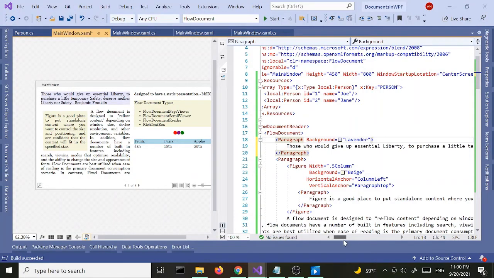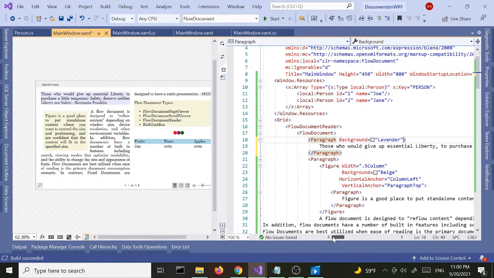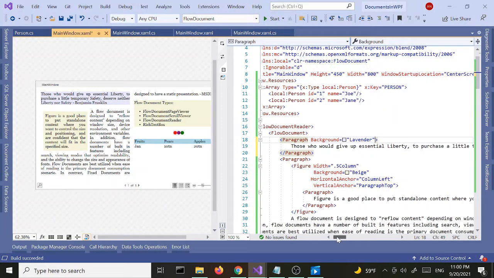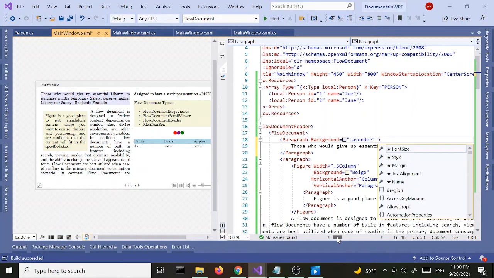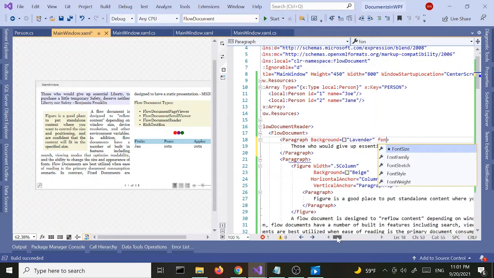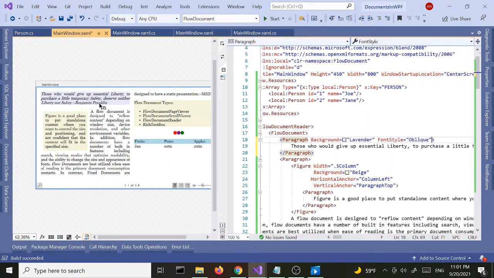Now we're gonna get into some properties of the paragraph. Not the common ones that everybody knows. Well, some of them maybe. So let's go with font style, or font family actually. Well, let's go with font style. Let's go with oblique. Okay, so we got italic,